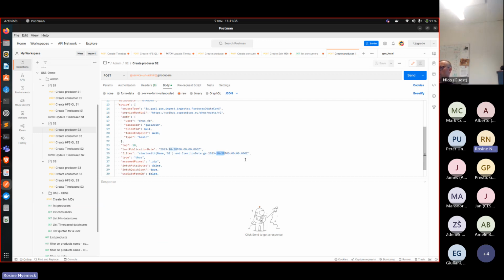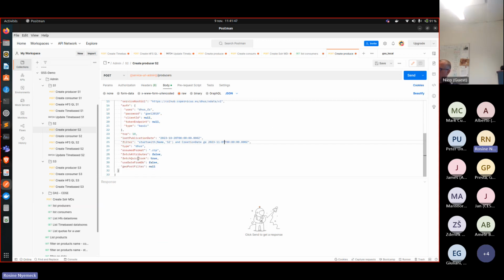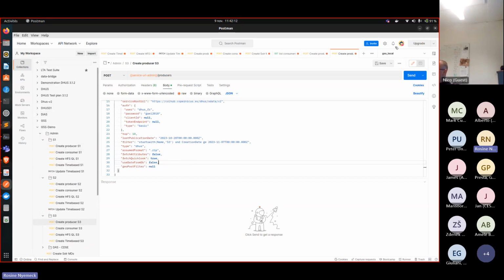We can use the same to define the producer for Sentinel-2. It depends on you to change this filter, so you will have a very specific set of products, and it is the same way we perform the request on Sentinel-3. But now we just test for Sentinel-1, and we defined also